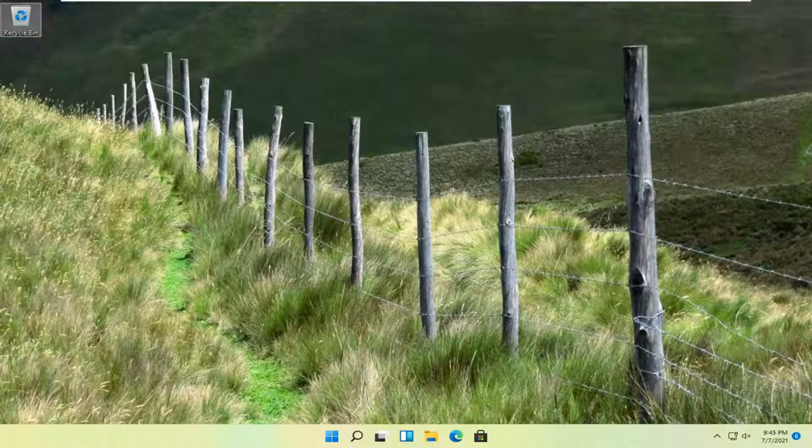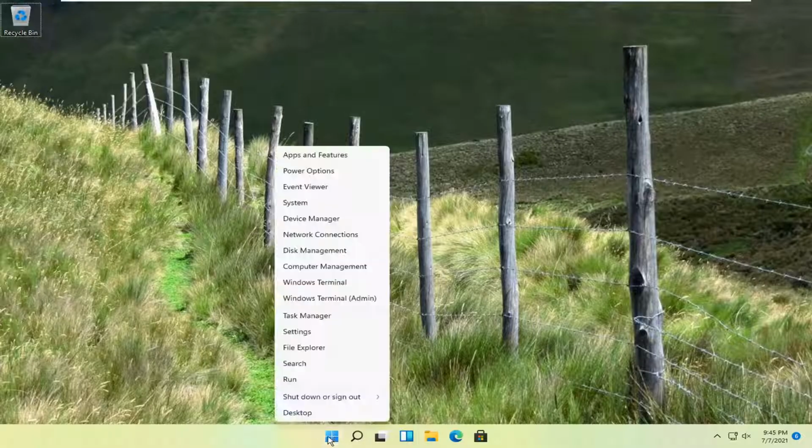In today's tutorial, I'm going to show you guys how to download and install the Windows Media Player onto your Windows 11 computer. So this should hopefully be a pretty straightforward tutorial, and without further ado, let's go ahead and jump right into it. So all you have to do is right click on the Windows icon that says Start,